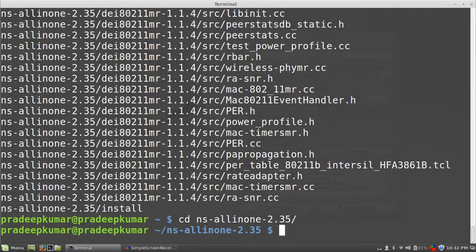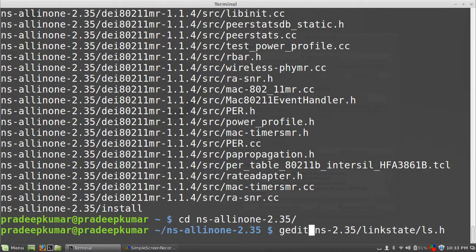Just go to this folder, and there may be an error in the link state. This error will be shown if you are using a new compiler, because now our Linux Mint uses a new compiler, whereas the NS2 software was launched in 2011, so it's almost 3 years older than this Linux Mint 16. So there is an incompatibility in the C++ version. So there will be an error in this file ls.h. I'll show you what this error is. The file called ls.h, which is there in the link state folder, which is again inside this ns-2.35.